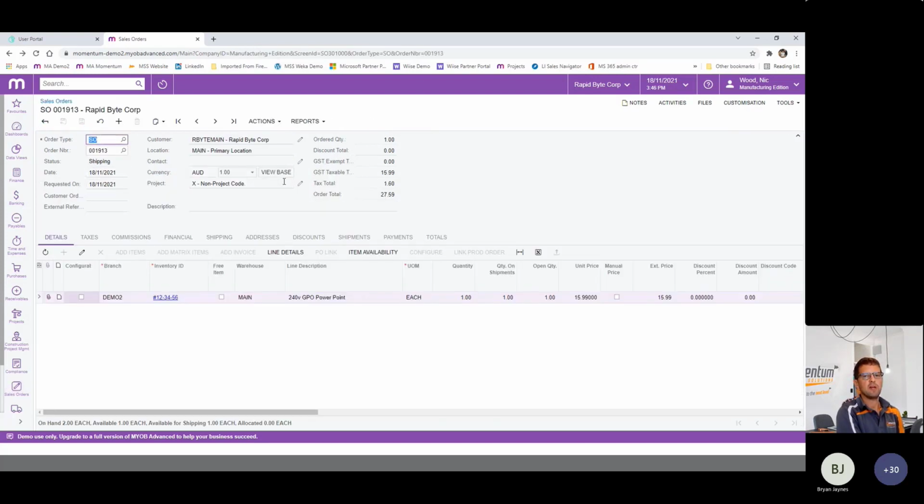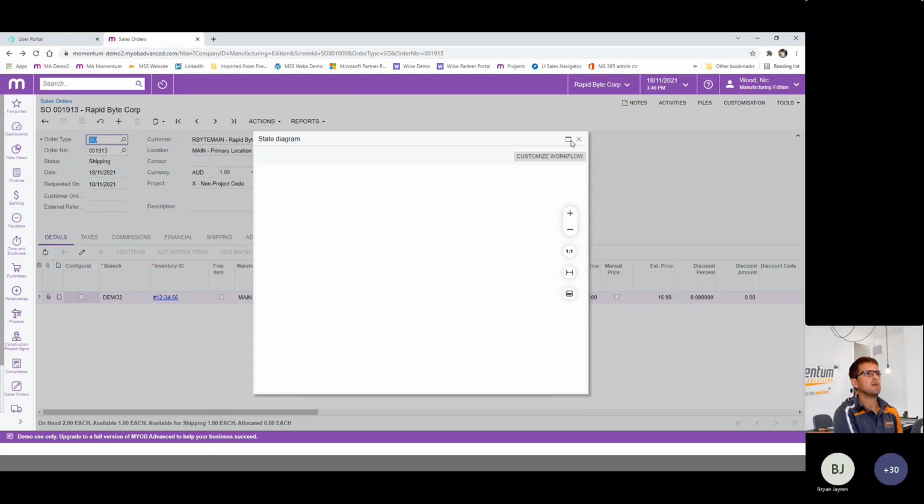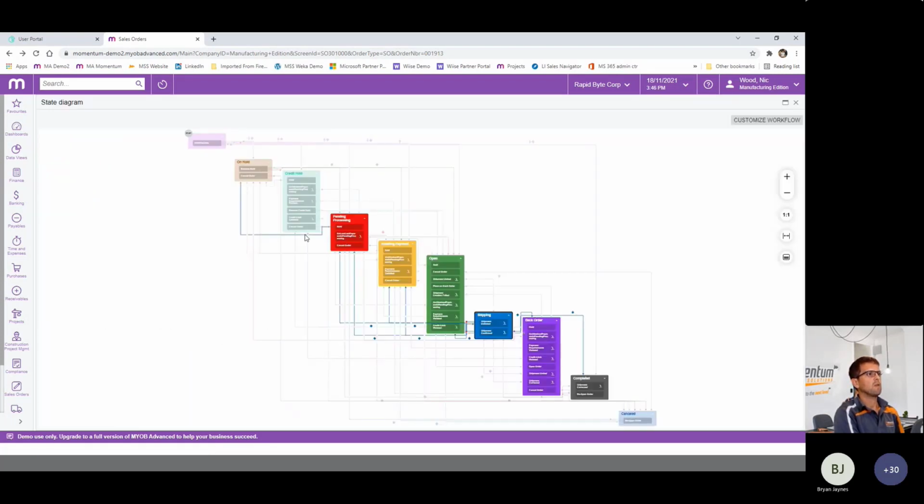That all falls within the new workflow engine, which is a functionality within Advanced that allows you to view and customize the workflows various processes go through. So from the sales order screen here, if I look at the state diagram, this is going to show me the workflow for a sales order.